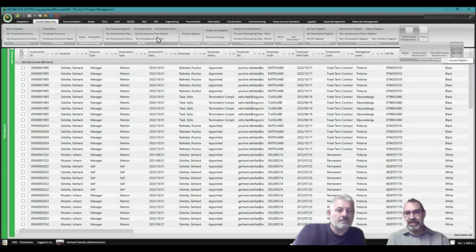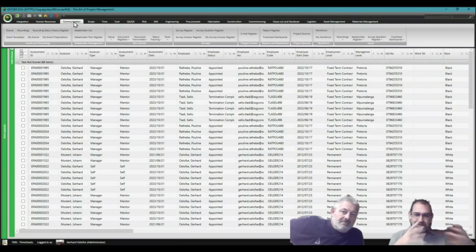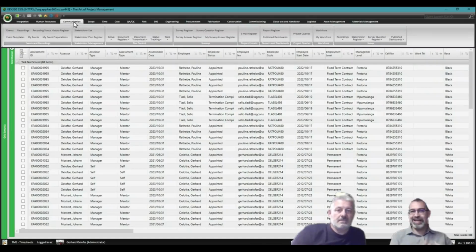communicate. If I can quickly jump to the communication knowledge area, you can see there at the top all the different forms of communication. So KEY360 really just supporting the team to talk to each other, to notify each other on time. You can see there anything from the email register to surveys, everything is covered in here, project queries. Your minutes of meetings would, of course, be your events and recordings, like you can see in this first module here on the top left. And then, of course, looking at stakeholder management, document control, etc., etc.